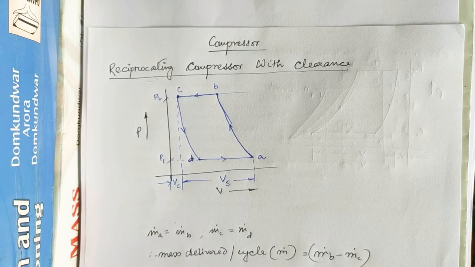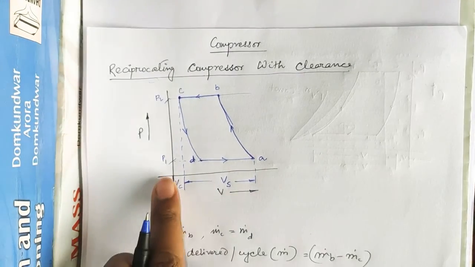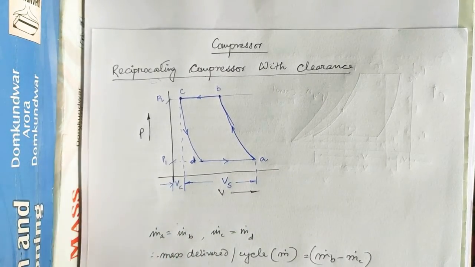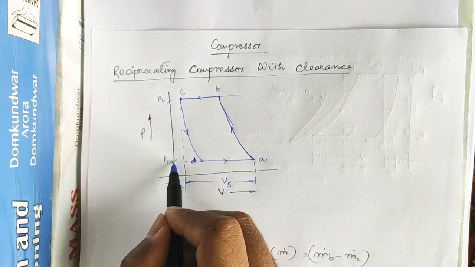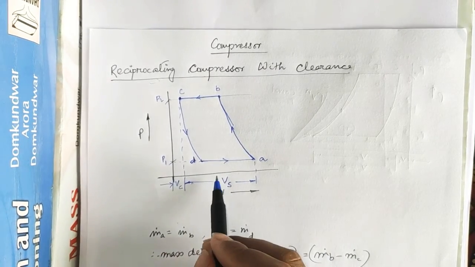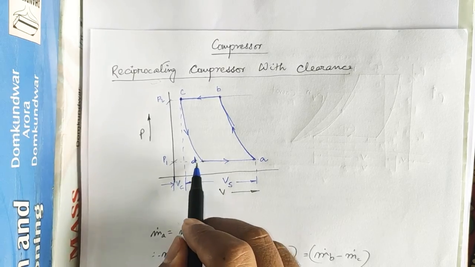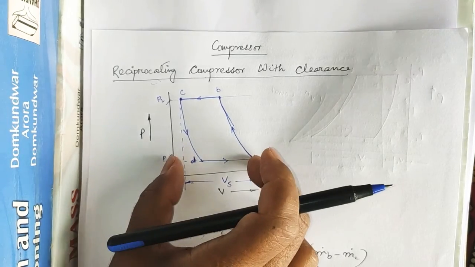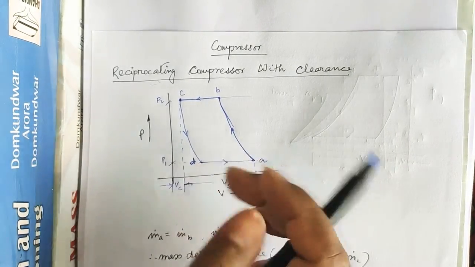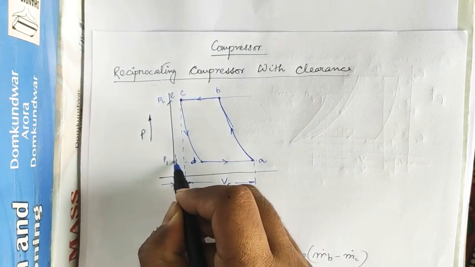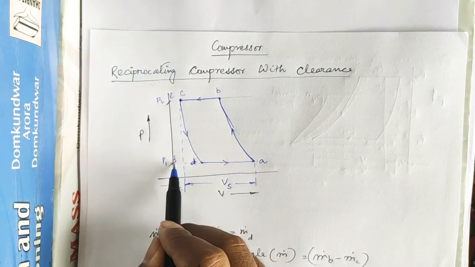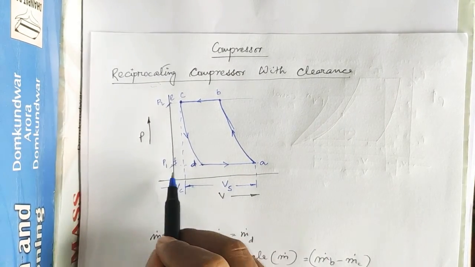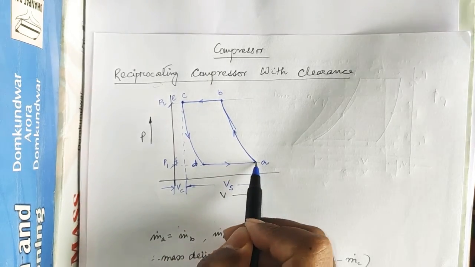So what is the function, or the necessity, of this clearance volume? The effect of this clearance volume Vc is just to reduce the induced volume of the air at pressure P1 and temperature T1 from Vs to Va minus Vd. Because if no clearance is there, then the swept volume will be from A to this point. But since some clearance is there, suppose this point is E and this one is F. If no clearance is there, the suction will start from point F and continue up to point A. Now since some clearance is there, it will actually start from this point and continue up to this point.